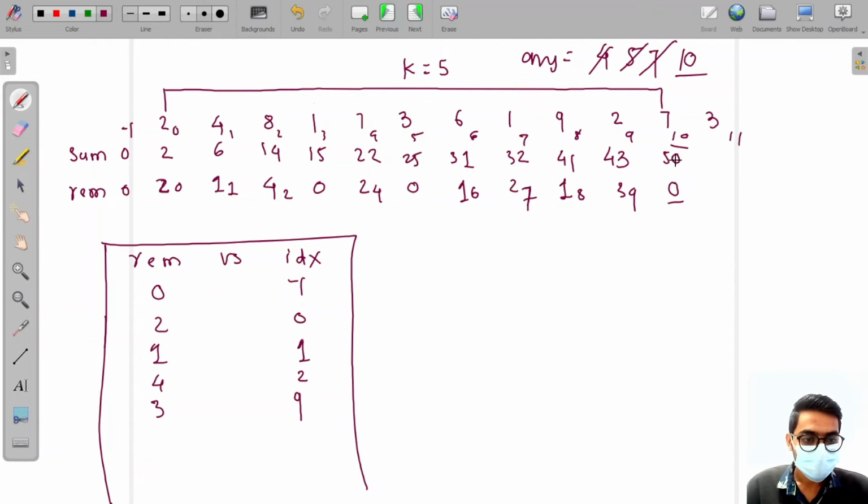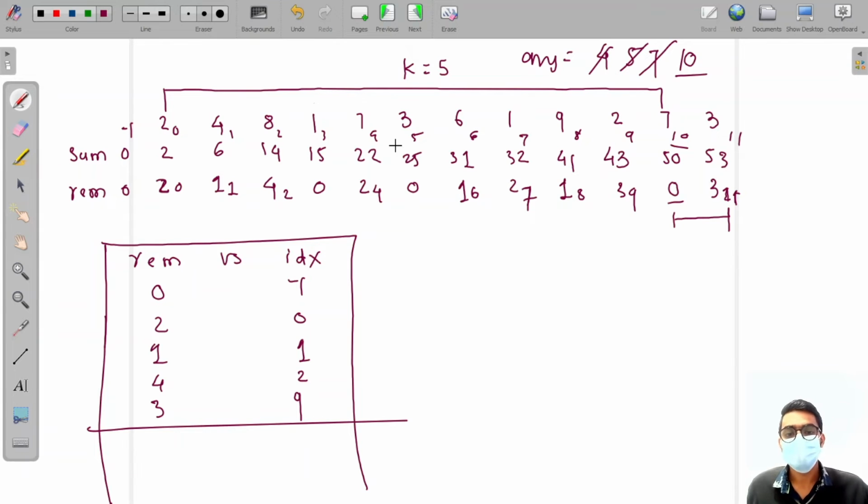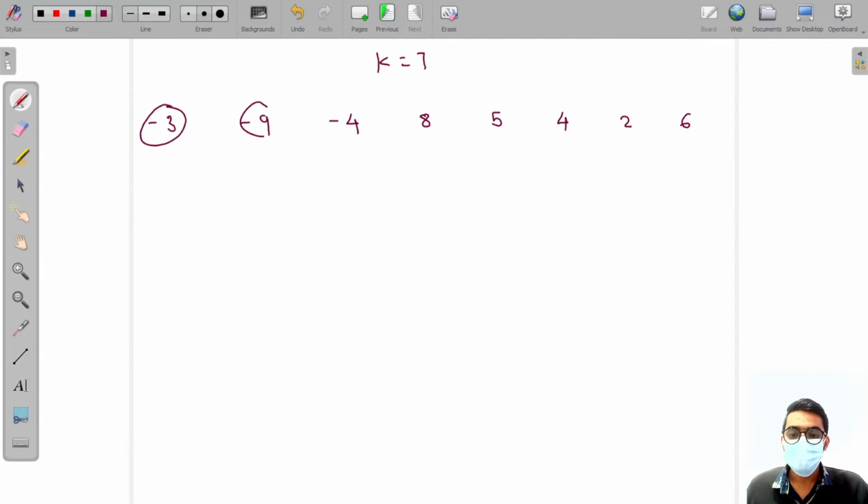Okay, after that, calculating the sum of this, which is 53, the remainder is 3, and it got us to index 11. So we are taking these two, that is 7 plus 3, that is 10, divided by 5. It also gives us 0 as a remainder, but we can't update that because it is only two elements. So the subarray whose sum divided by k gives 0 as a remainder is what we want. So we are going to use a map here,